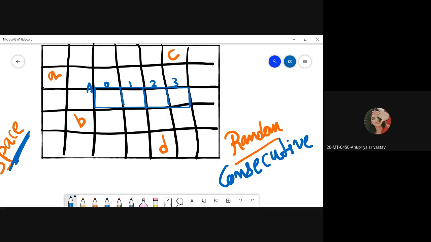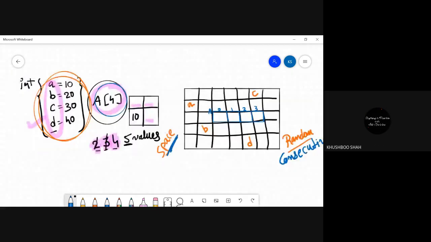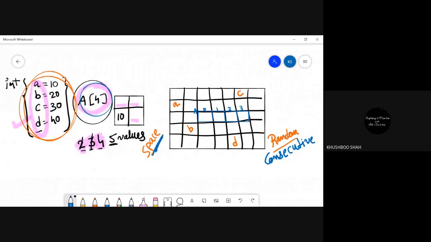Okay, so all these things you know, right? That how to declare the variable. Now, next question. As long as similar data type is concerned, you can take the array, right? Means in this location, it can store only integer type of data. If this is integer, in that case, it can store only integer type data. Right.